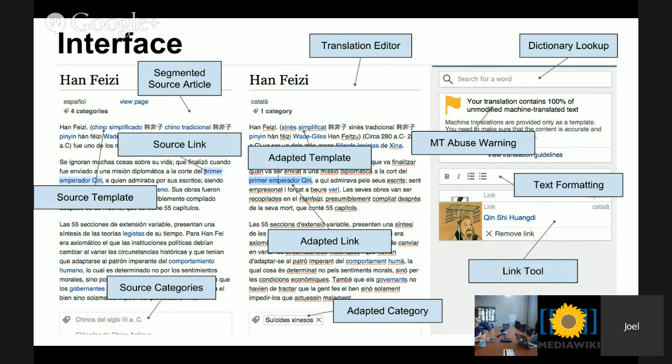If you see just under the heading of the article, there are 4 categories associated with the article in the Spanish Wikipedia. Of those, one has been carried over and adapted to the Catalan Wikipedia since it already exists there. In terms of tools, we have a dictionary lookup tool, which you can use to look